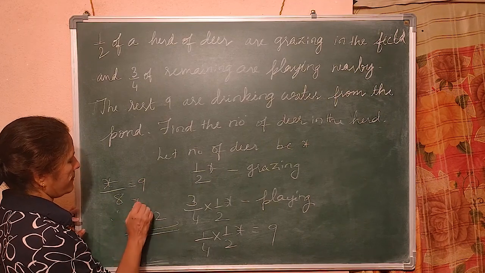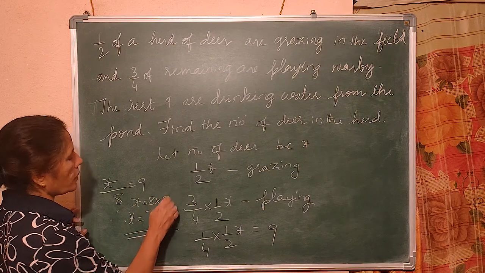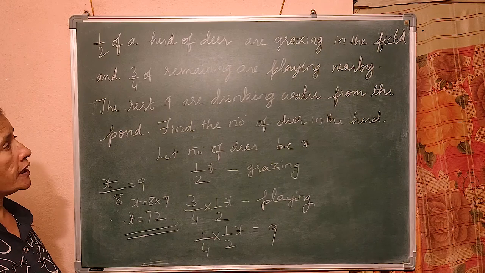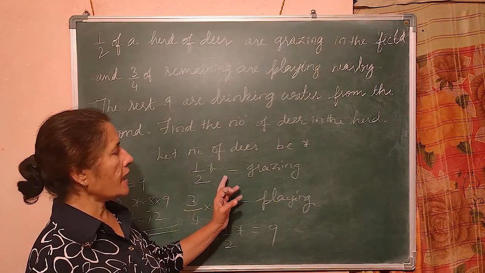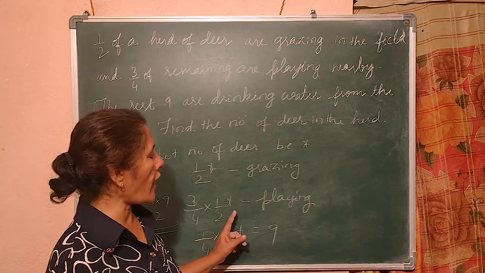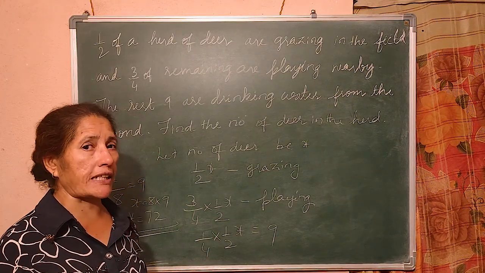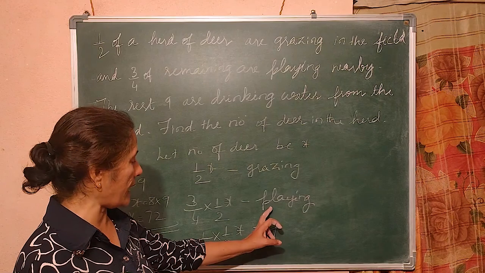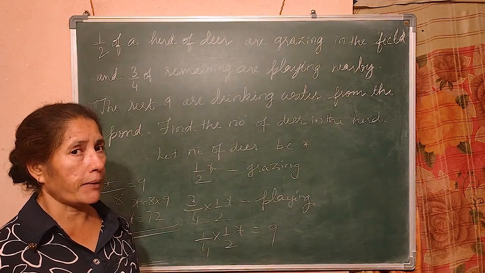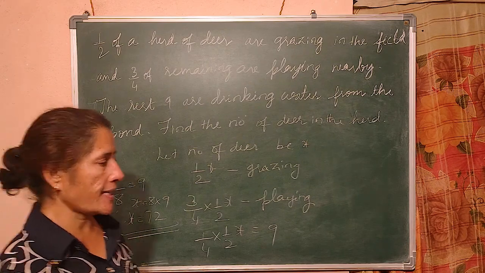Therefore, x is equal to 72. 8 into 9. Right? So, what is the number of deers in that herd? 72. How many are grazing? Half of 72, 36. 3/4 of 36 is 27 are playing. 9 are drinking water. Is it clear? My next last question is,